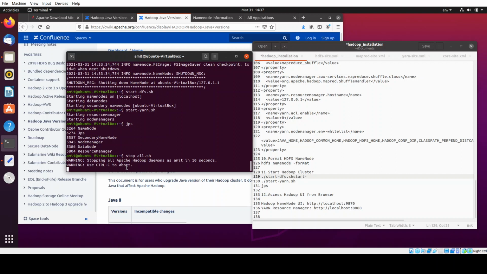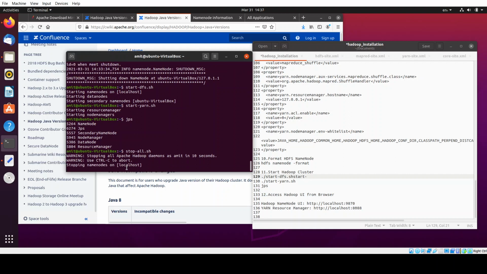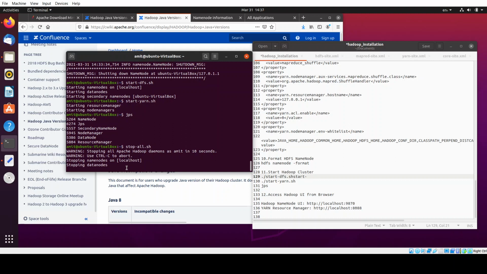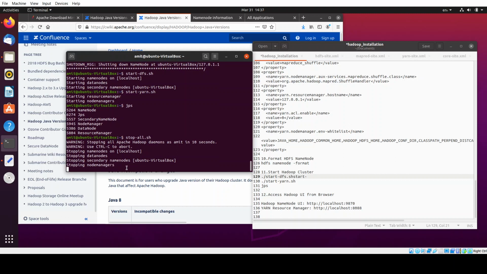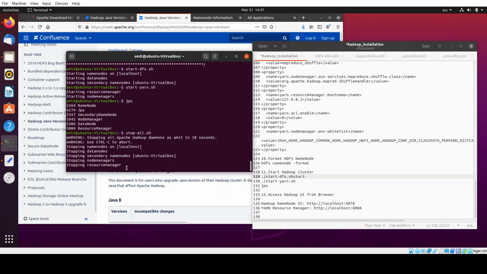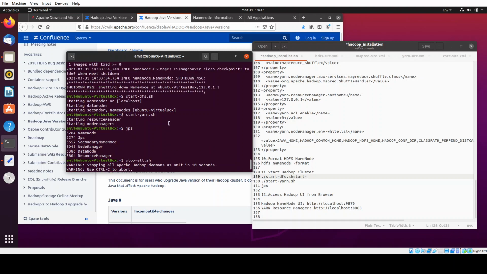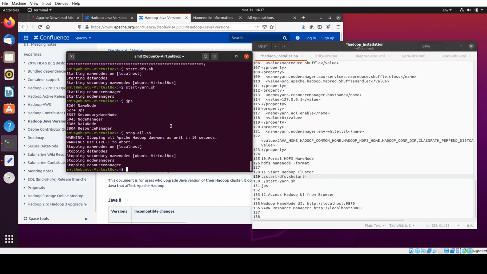It gives you a 10-second window since these are all critical tasks, and it gives you a warning. Okay, so the Hadoop daemons are now stopped.